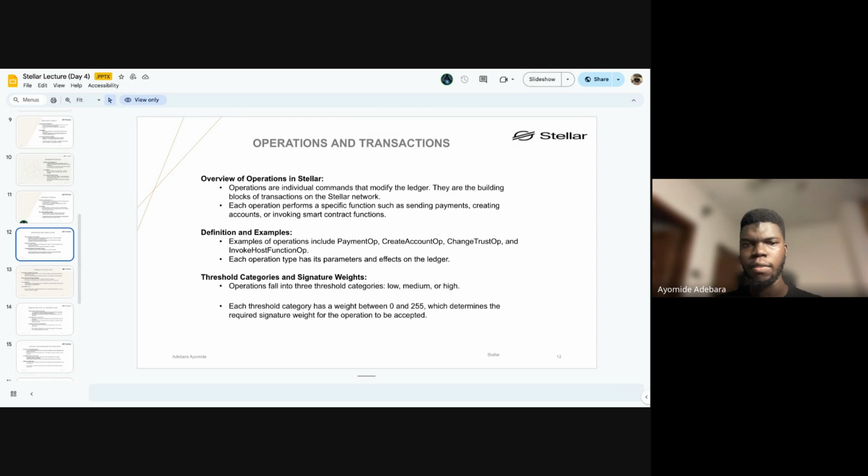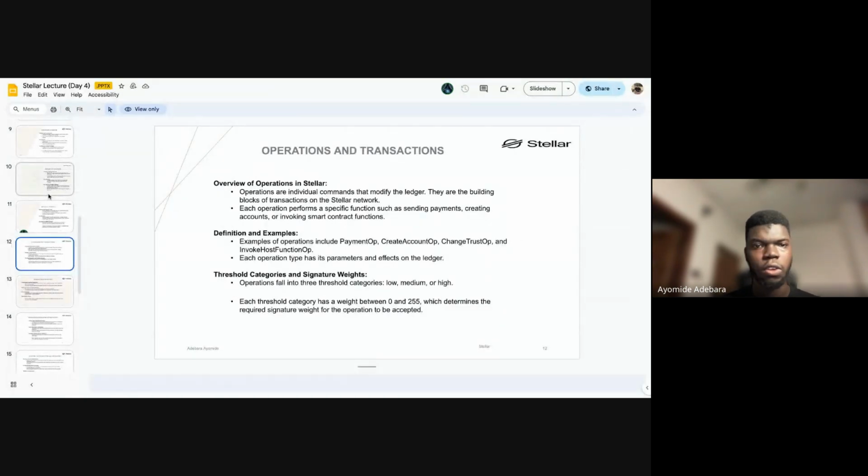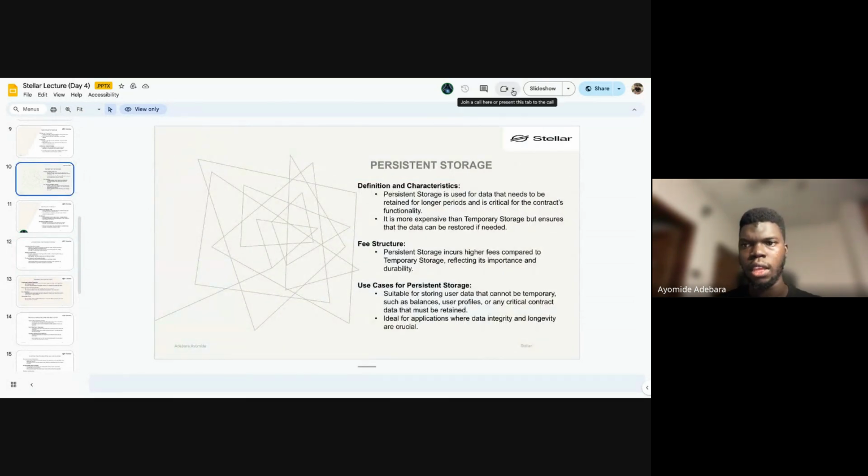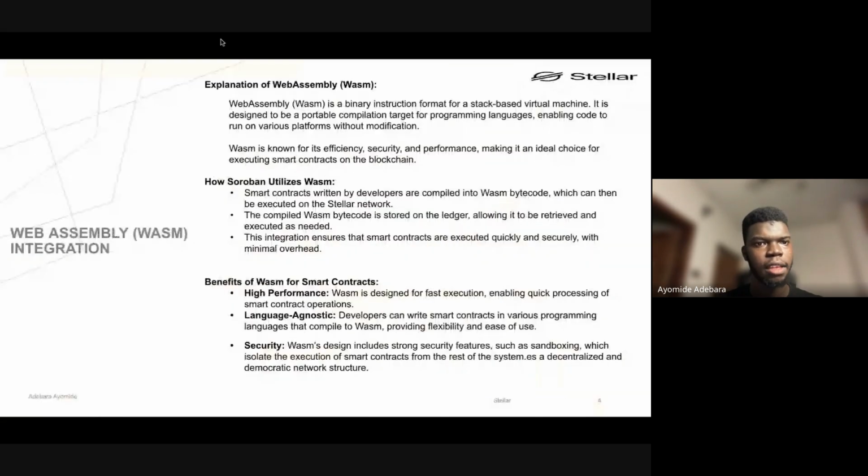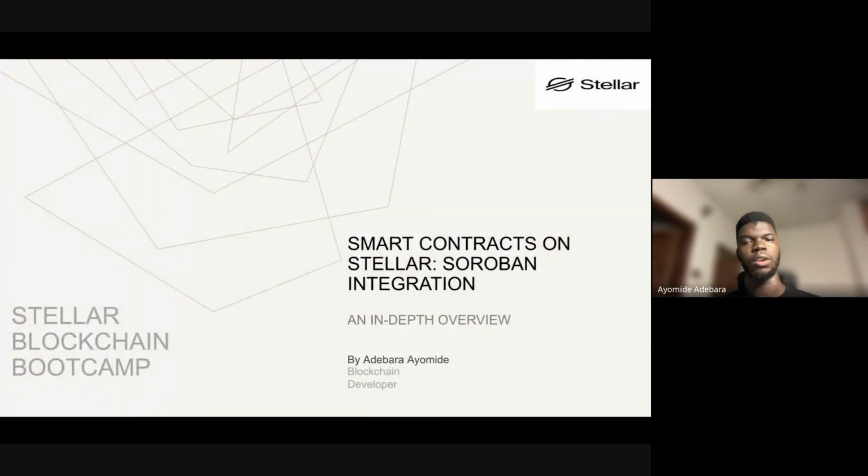So, welcome everyone once more to lecture 5. And today we would continue from where we stopped. Where we stopped last time, I would in fact do more like a preview as to what we discussed last class, which was yesterday. So we started looking at the Soroban smart contract, and we started understanding the reason for